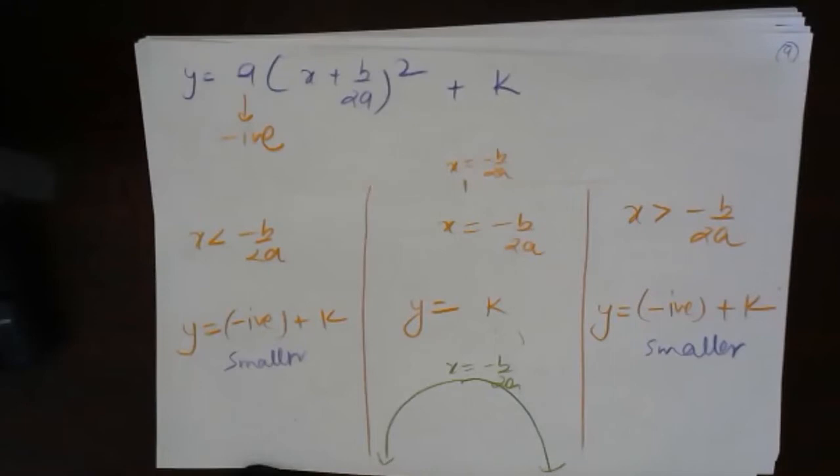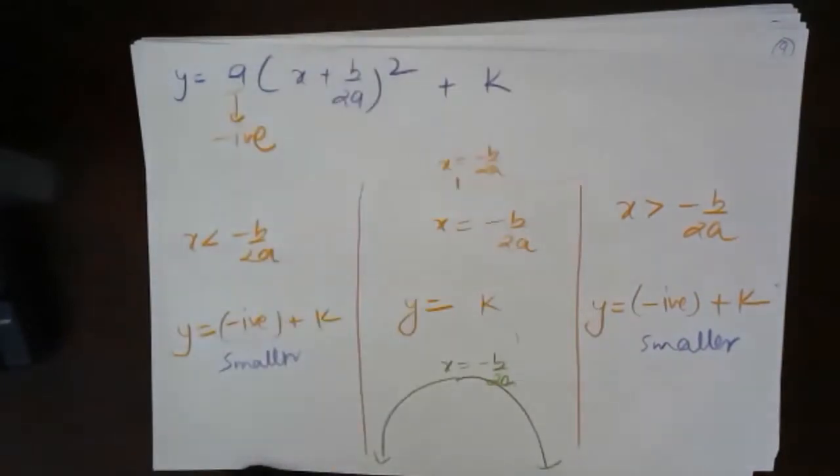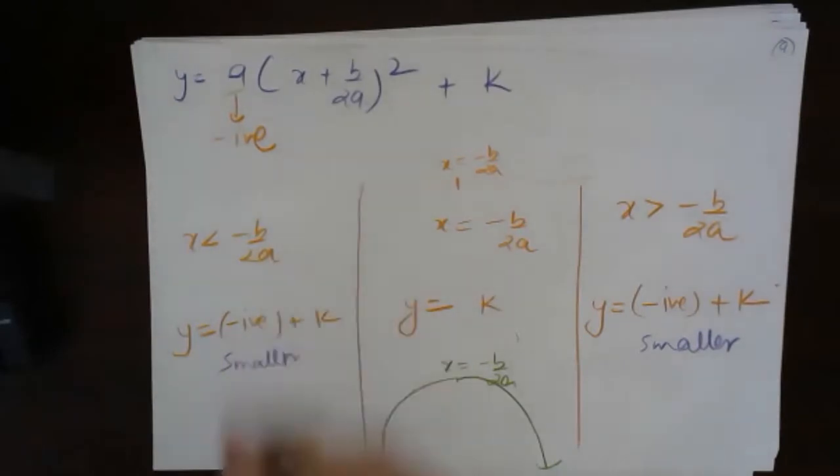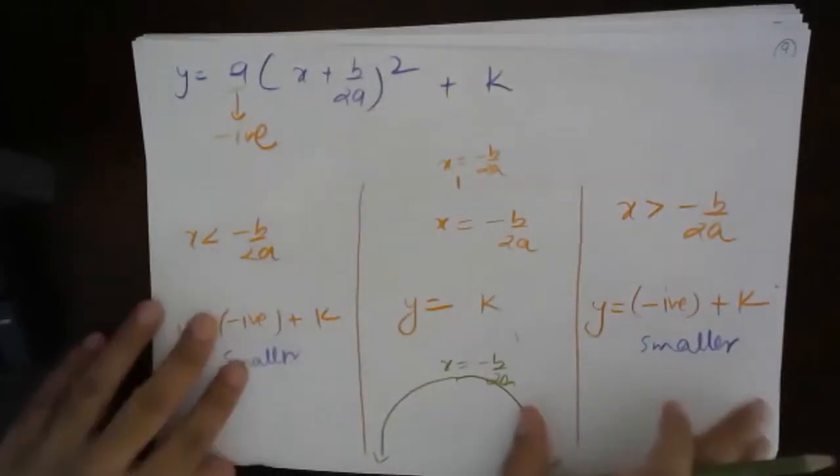Okay, fine. You are so much connected with parabola. Understood? So this part understood. So what is actually determining the shape, upward or downward? The only one thing which is determining is A. The sign of A. Yes, very good. The sign of A is the only thing which is determining the upward or downward shape of any curve which is quadratic.